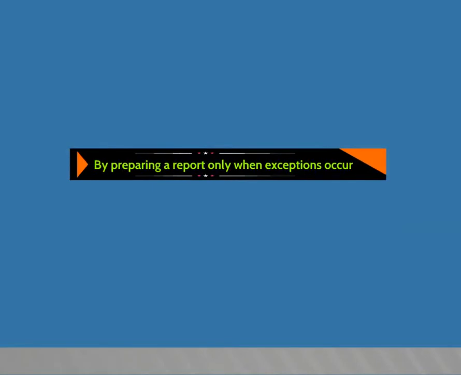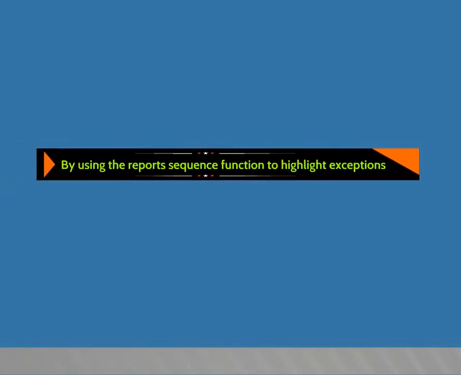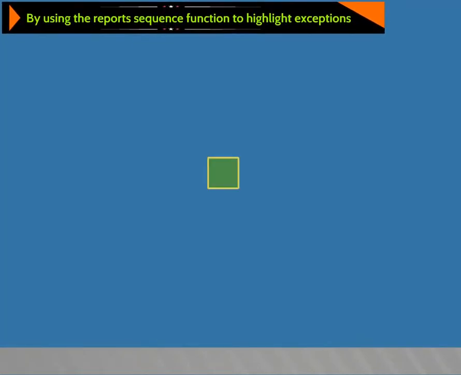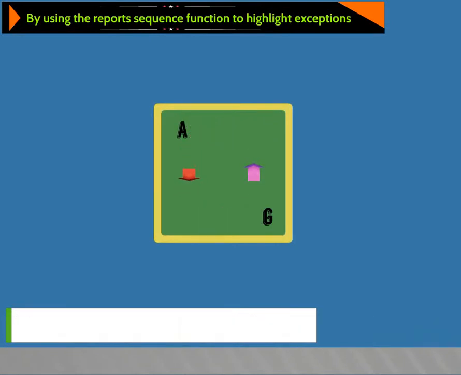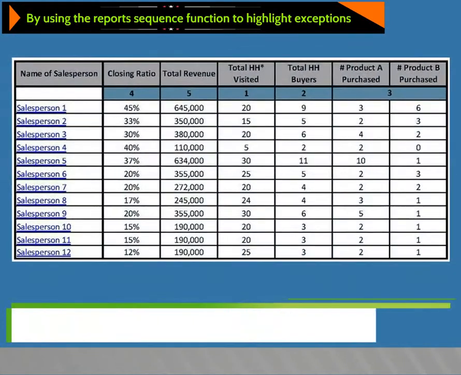By preparing a report only when exceptions occur, or by using the report sequence function to highlight exceptions. The report's entries can be arranged in ascending or descending order according to one or more key areas, such that entries requiring greater attention appear at the top of the list.